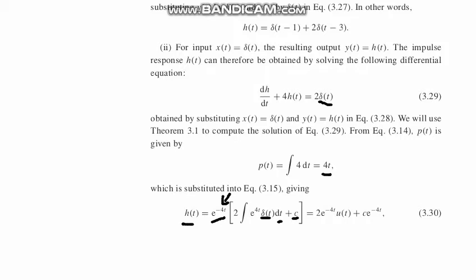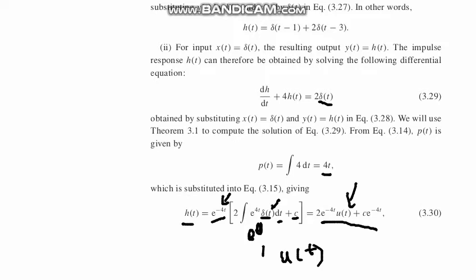After just calculating it, you will find this. Just multiply the e to the power minus 4t here. e to the power minus 4t, e to the power plus 4t, minus 4 and plus 4 cancellation, e to the power 0 means 1, 1 dt means u(t), that is u(t),